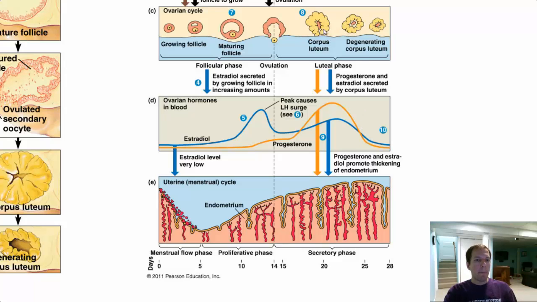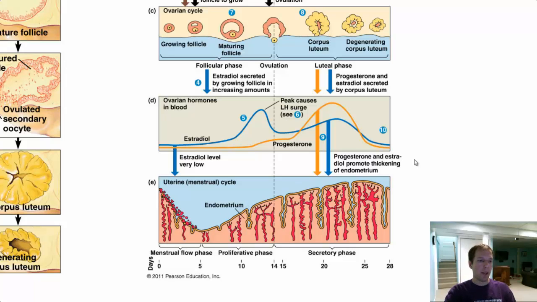Now, if after a couple of days there's no fertilization, then that layer of cells, the corpus luteum, which surrounds the ovum, is going to start to degenerate and stop producing progesterone. So you can see progesterone drops, and once progesterone levels drop, estrogen levels also drop. And when those levels drop, that's going to give some negative feedback to the uterus. So the uterus is then going to shed all of that: those thick walls and all that blood, through the process of menstruation. And so that reduces the thickness of the uterus, and then that cycle is going to reset